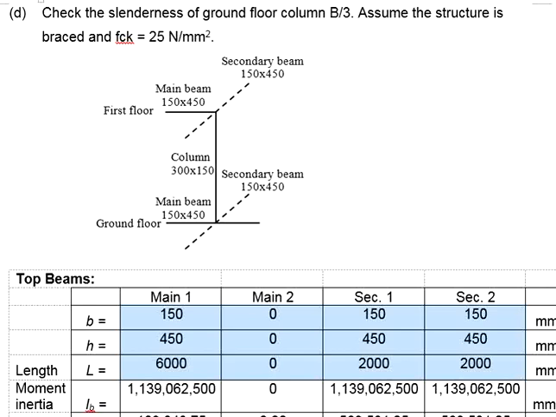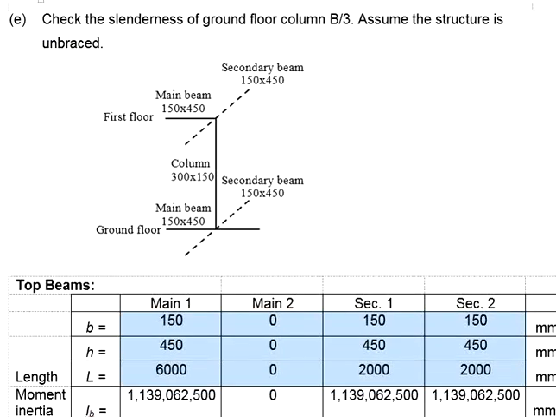So far, we have done two examples determining the slenderness of a column. The two examples are referring to the same column, except that the structure conditions are different. Example D here assumes that the structure is braced, whereas example E assumes that the structure is unbraced. The rest of the details are the same in terms of the specifications, dimensions, as well as the loading acting